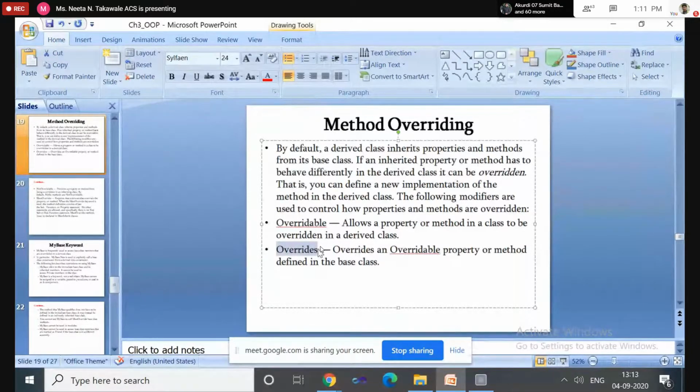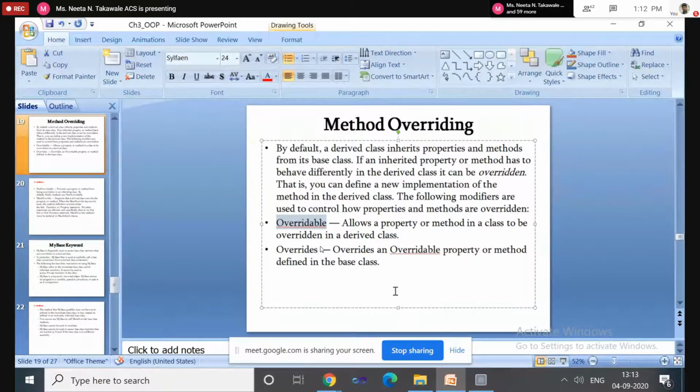Clear? Or are you getting confused? Now see again, Overridable. You have to use the Overridable keyword for the method and property from the base class which we want to override in the derived class. That property and method should be declared using the Overridable keyword.